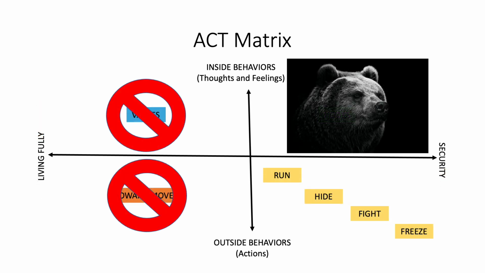So, we could think of this process in this way. People begin to treat their thoughts and feelings as threats, like a bear. And they do things that all animals do to try to avoid threats. They avoid things that might increase these thoughts and feelings. They do things to try to run away or hide out from their thoughts and feelings. They might struggle with their thoughts and feelings or try to outsmart them in some way.